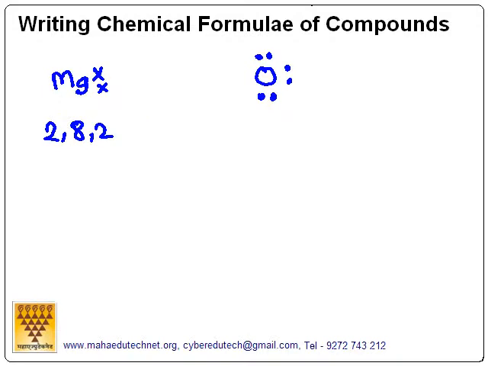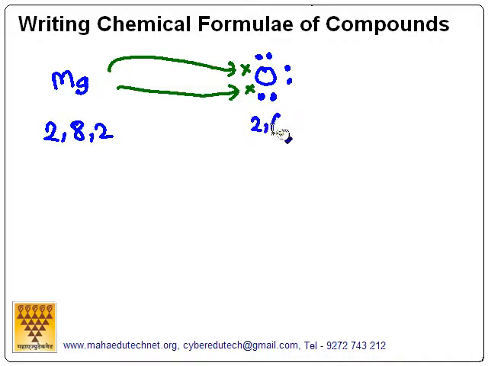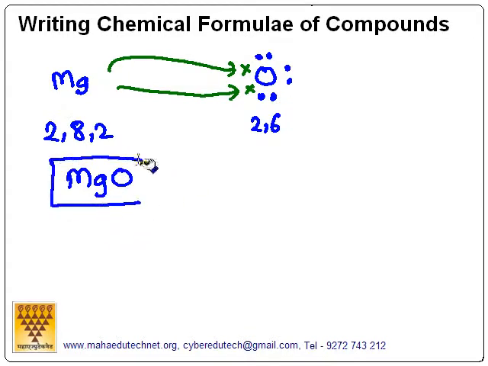It requires 2 more electrons. So this magnesium can give the 2 electrons to the oxygen so that both of them achieve a stable state. So magnesium loses its 2 electrons and oxygen gains those 2 electrons, and hence the molecule formed is magnesium oxide,